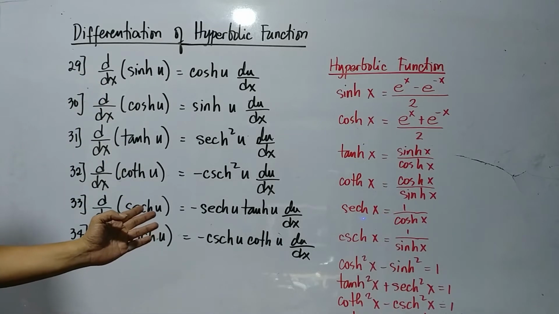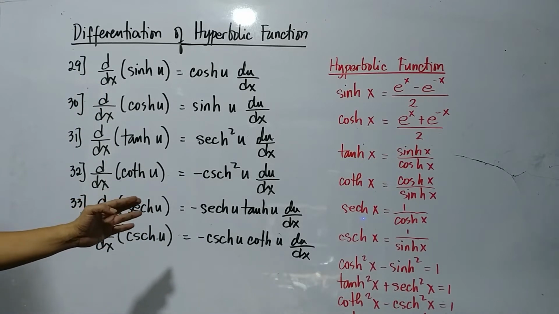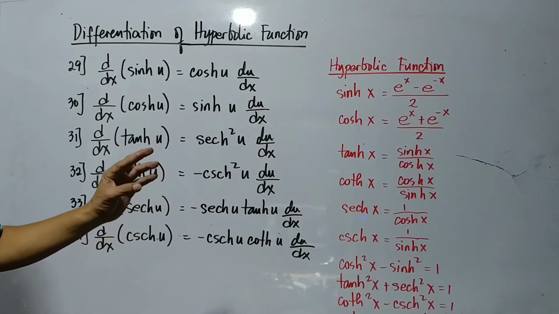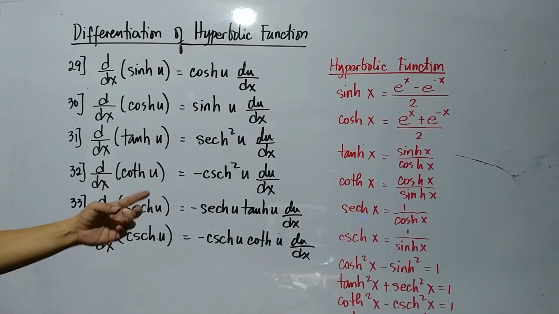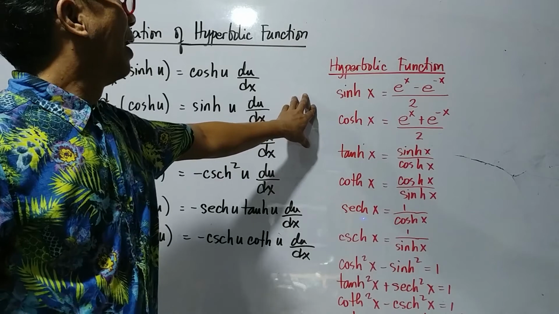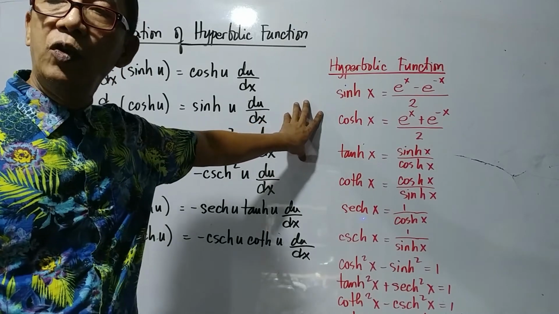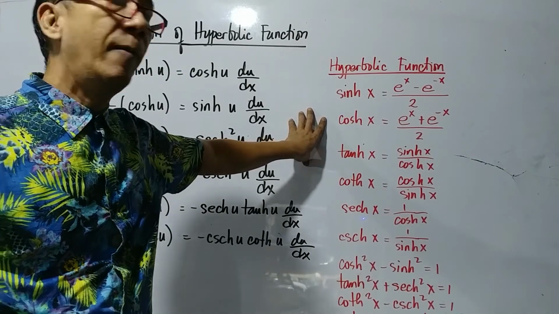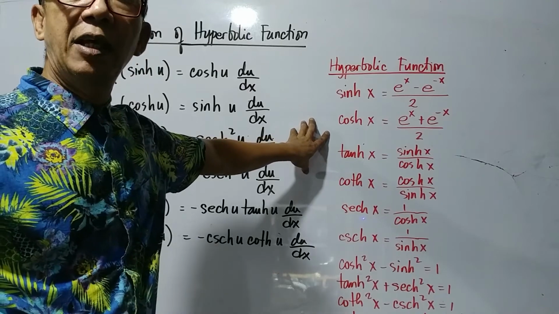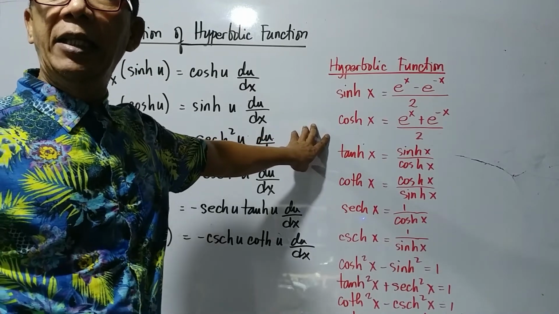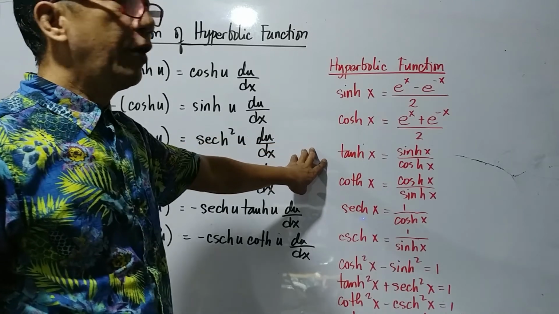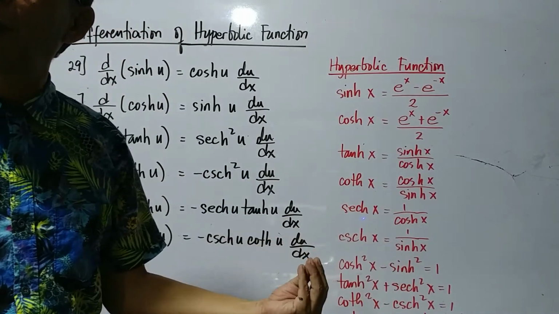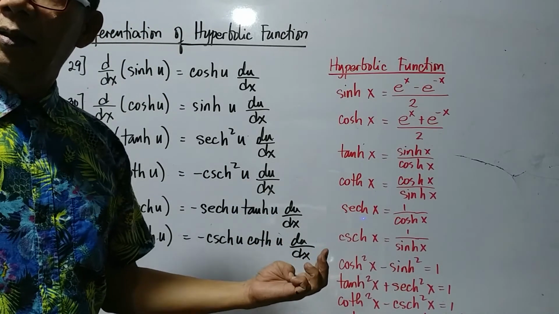Your background in trigonometry, where you have studied hyperbolic functions, will help a lot in addressing the differentiation of hyperbolic functions, where we can use that the hyperbolic sine x is equal to e to the x minus e to the negative x all over 2. And the hyperbolic cosine x is equal to e to the x plus e to the negative x over 2. And for the hyperbolic tangent, cotangent, secant, and cosecant, the same principle applies as for the trigonometric functions,